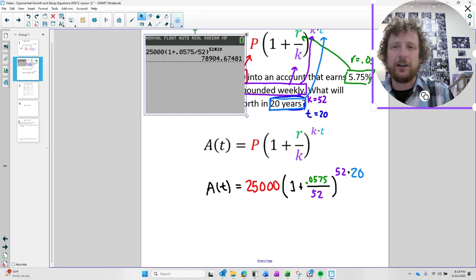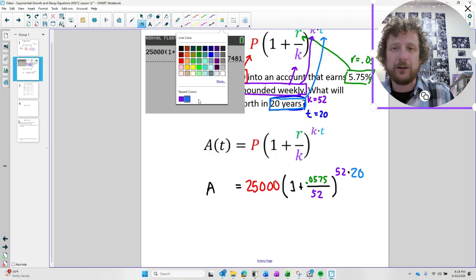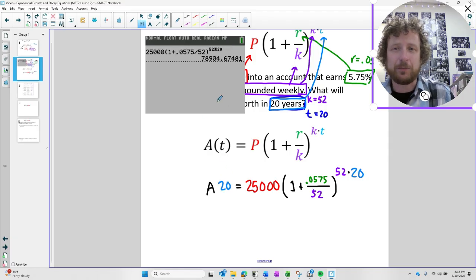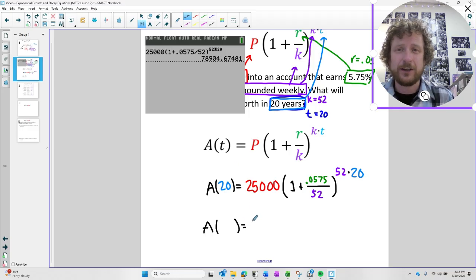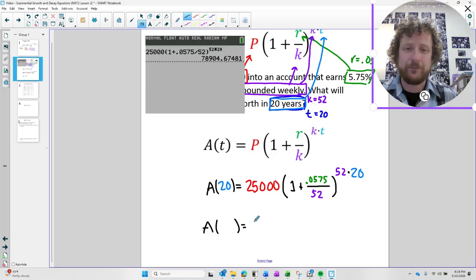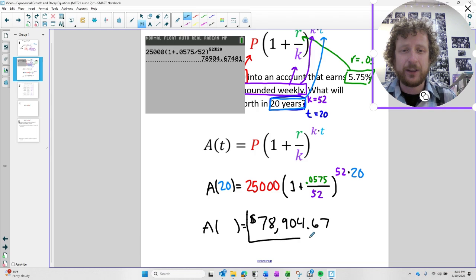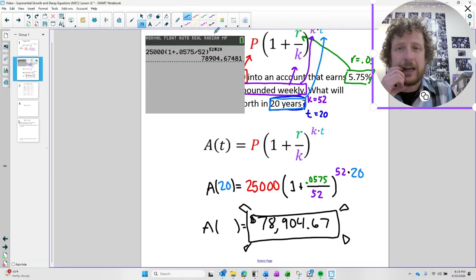So I get that my final amount, what I should have done a minute ago also is, it's not really A of T anymore. It's A of 20. I'm plugging 20 in for T. I'm not that concerned, and I also don't think I'm all that consistent. I'm sorry, guys. But we know we plugged in 20 years. So we get 78,000. Let's add a dollar amount here. $904.67. That is what Cheyenne's account will be worth after